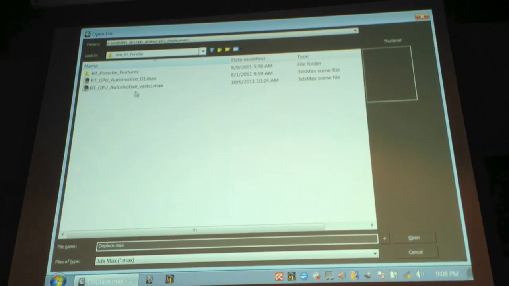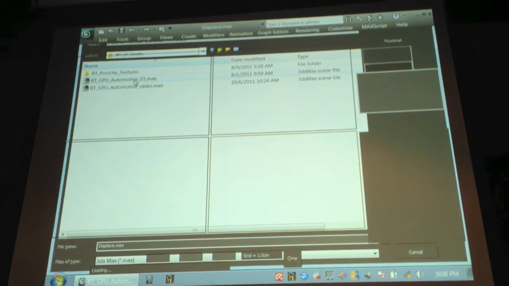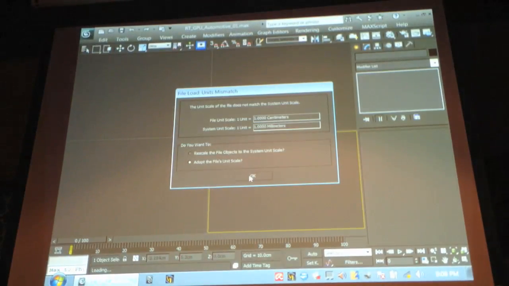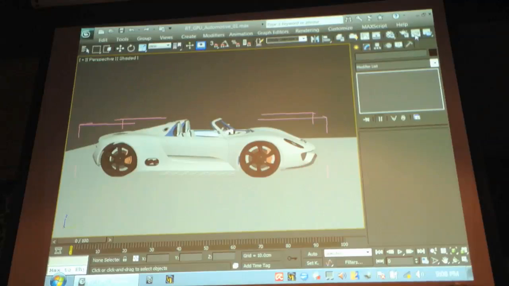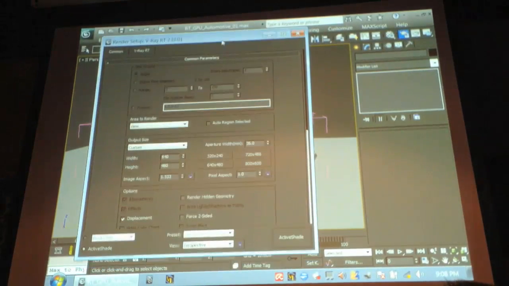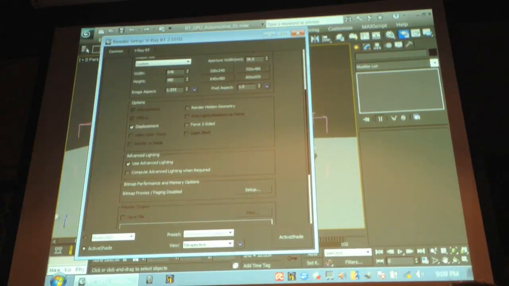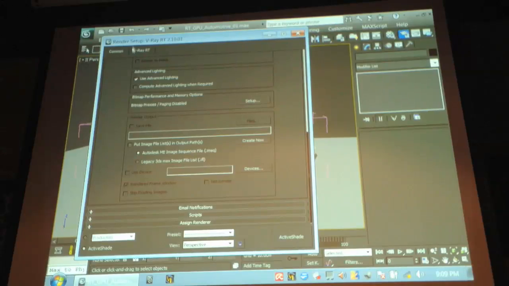Okay, then I'm just going to move on to this new thing here that we have. When we released V-Ray 2.0 for Max, we added V-Ray RT as the ActiveShade for free, basically. So what I can do here is